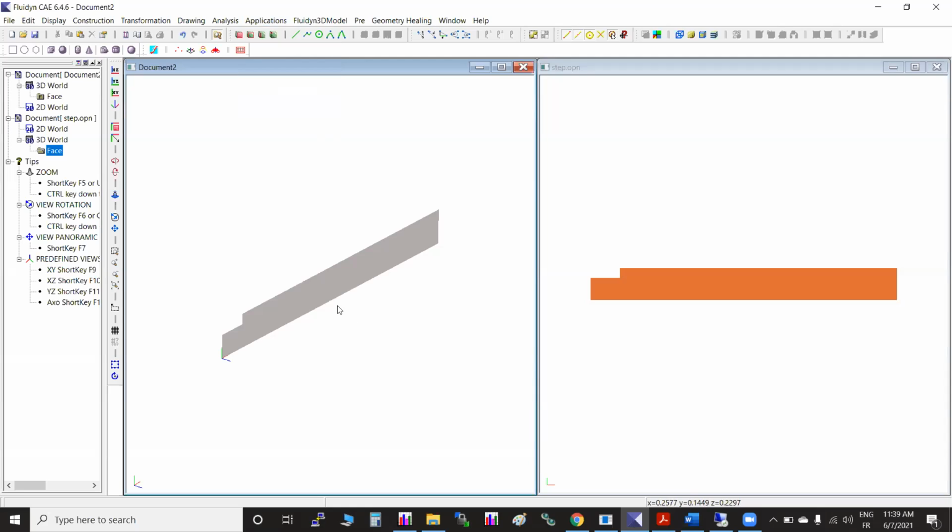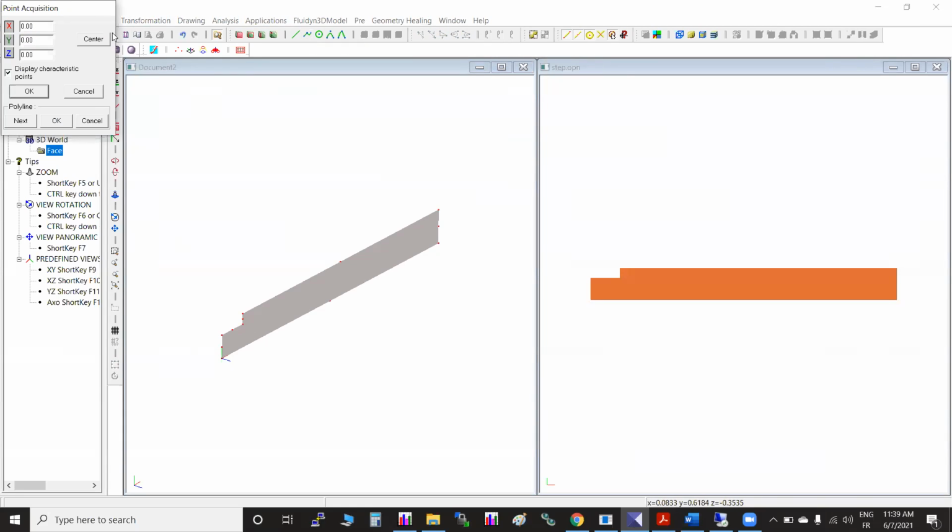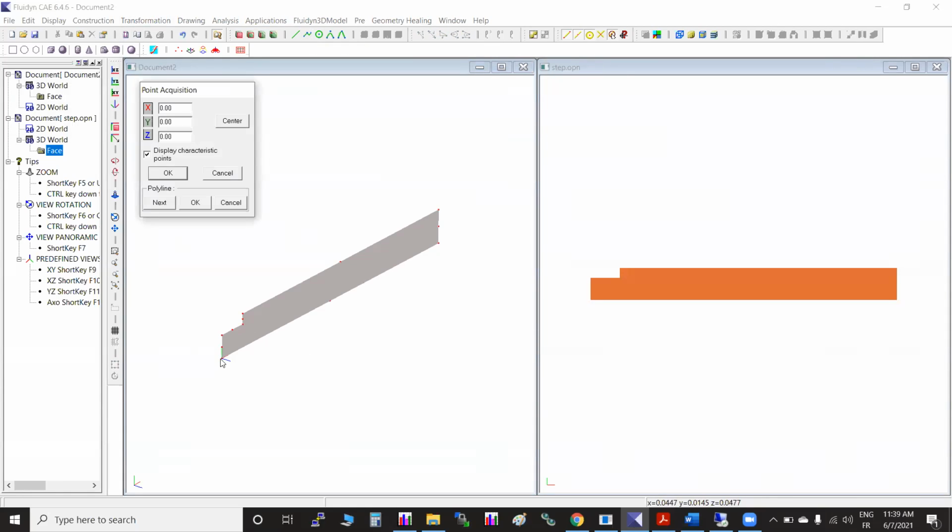Let us show you how to create 3D. So what we do here, we create a local coordinate system. We just don't move it in XYZ direction. We need to have one local coordinate system, and for that we need one reference line. Here, the shortcut is for polyline, for example. In polyline, I'll create one reference line in this particular direction, the thickness direction, which is the Z direction. We have created in the XY plane, and it has a thickness in the Z direction.